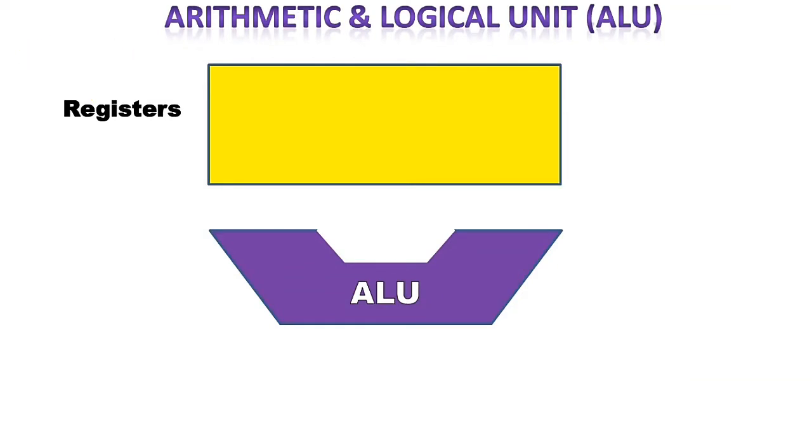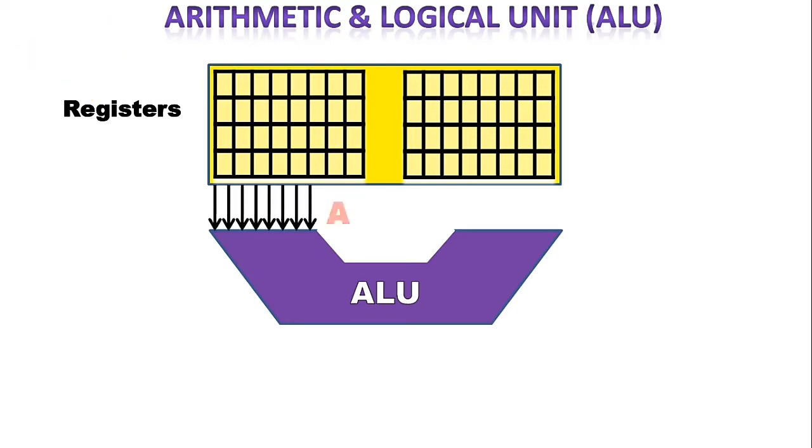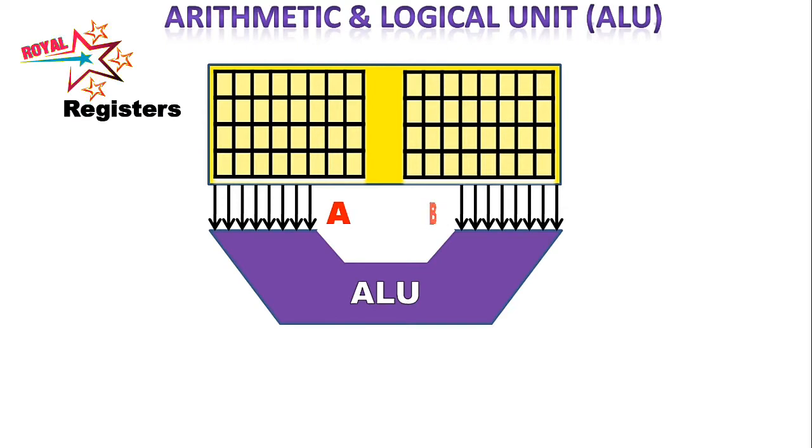A computer's registers each store the same number of bits. When we want to manipulate what is stored in these registers, the register file will be instructed to send the contents of two registers to the ALU. In this example, the registers are 8 bits in length. The ALU will perform a calculation on these two values and send the result back to the register file to be stored.